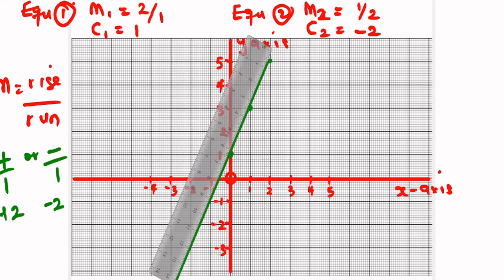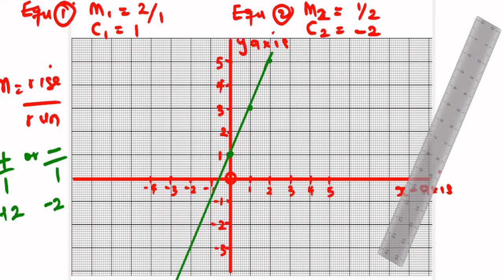So this is it. This is it connecting for the first equation. So the next thing we have to do, we have to move to the second equation. But before that, please let's label this equation. So equation 1, we have 2x minus y equals minus 1. Now for equation 2,